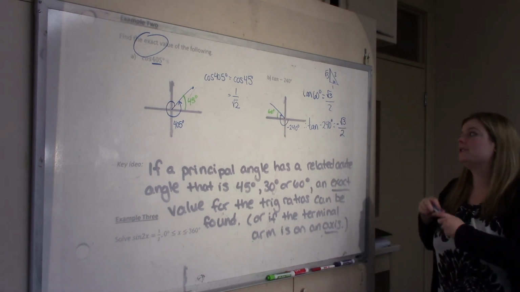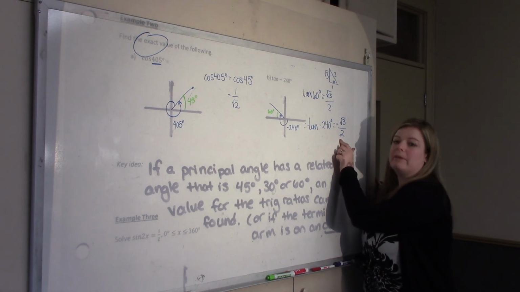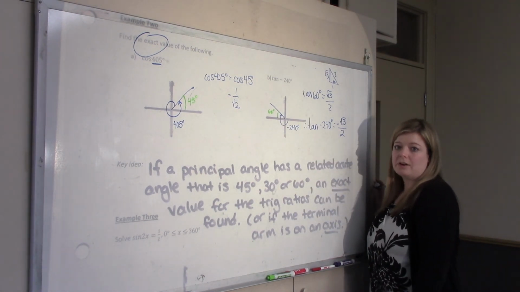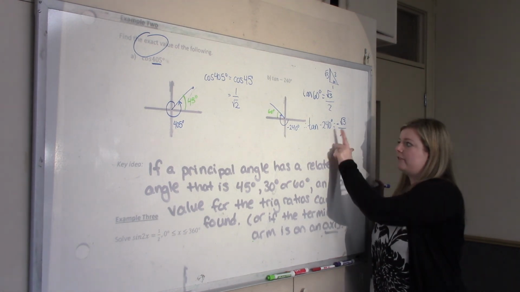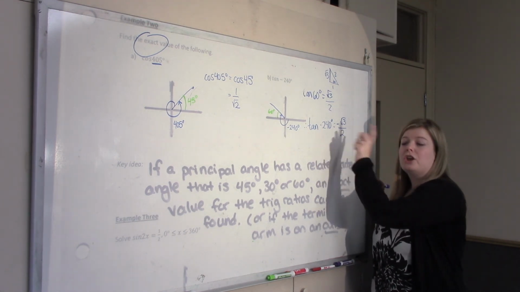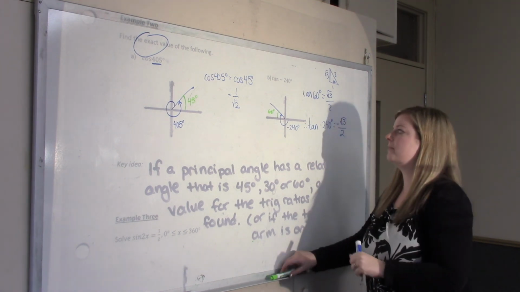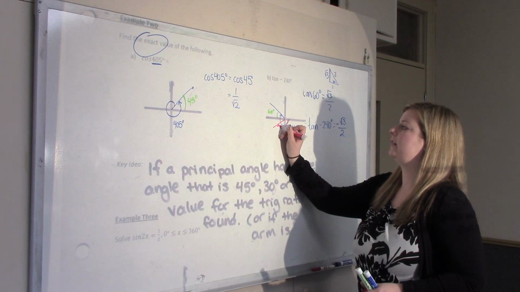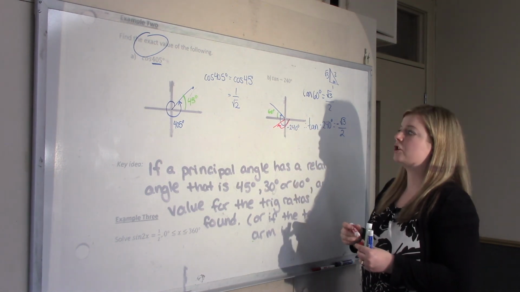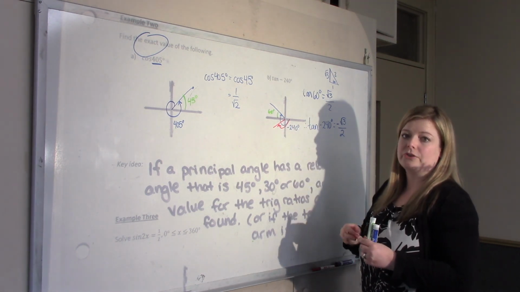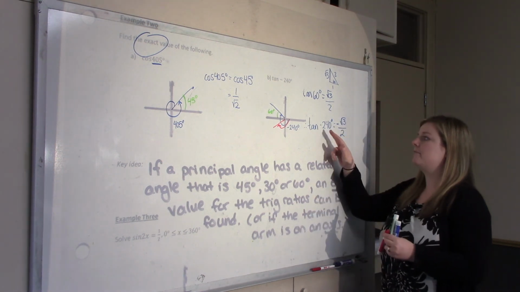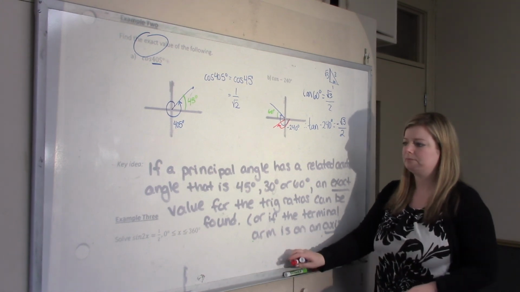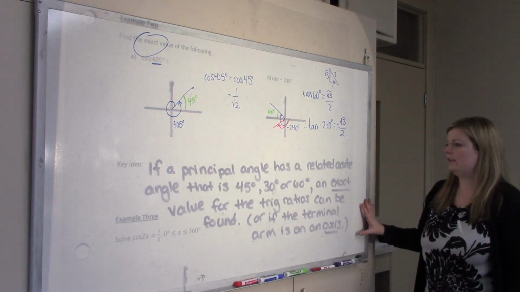Now be careful, this ratio is negative because it terminates in quadrant 2, and tan is negative in that quadrant. It is not negative because the angle is negative. You could have a negative angle that terminates here, for instance. Like this would be a negative angle, but it would have a positive tan ratio because tan is positive in quadrant 3. So this is not negative because this is negative. It's negative because it terminates in quadrant 2. So the key idea of all of this is